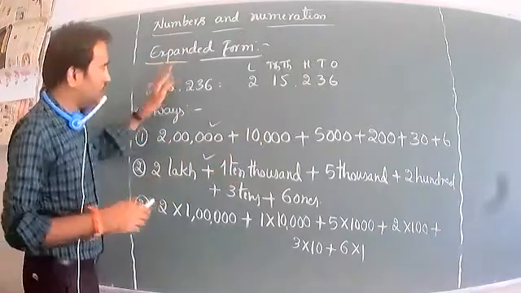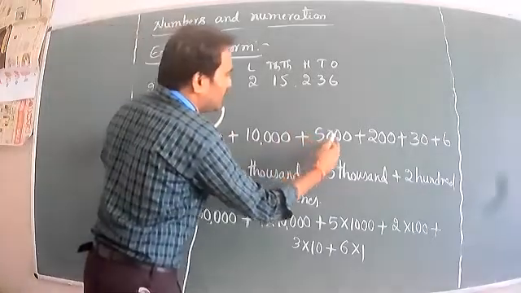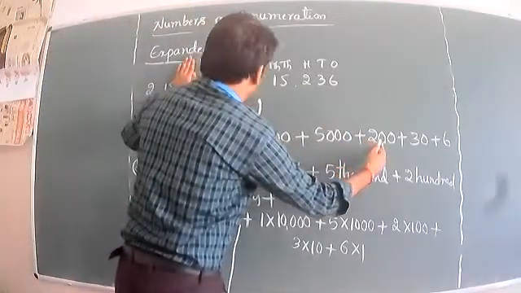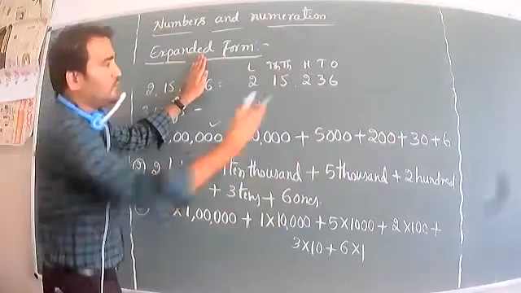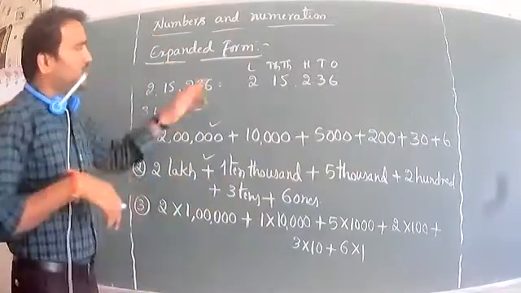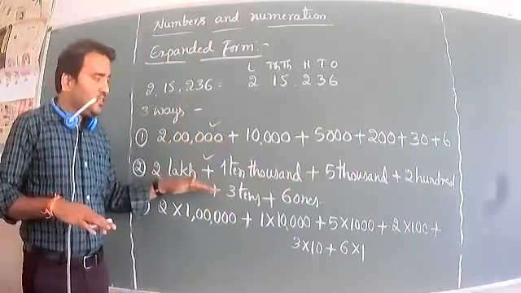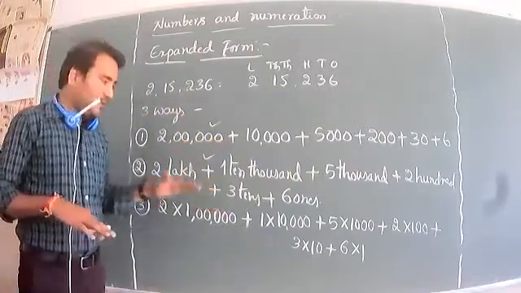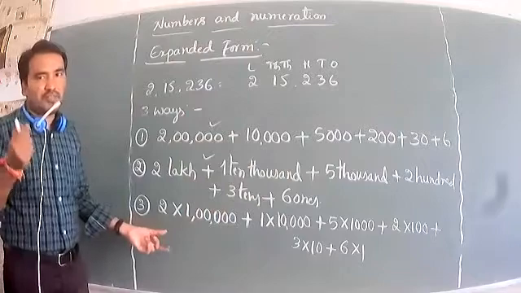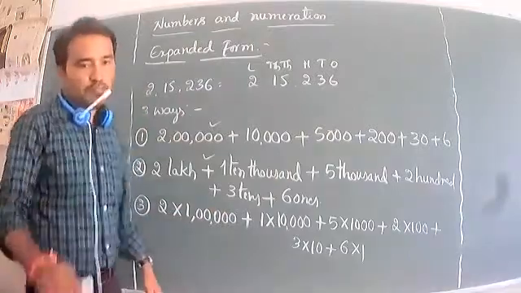Next, I will write 5,000. So 5 has to be closed. Remaining how many digits are there? 1, 2, 3. Then 2 has to be closed. We can write 200, with remaining 2 digits, 0, 1, 2. Then 30, so one digit remains, that is 0. Then the ones place is 6. Okay, so it is a very easy technique. Some students may have difficulty, so we can learn the two easy methods. I will go for some more examples.